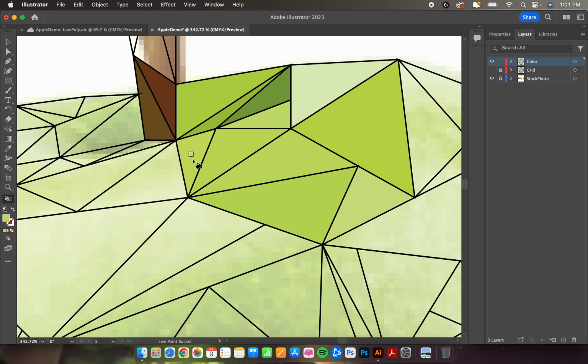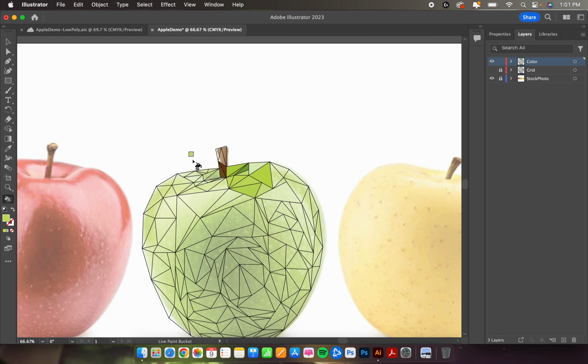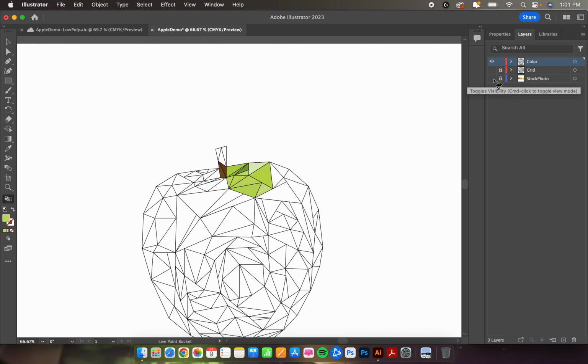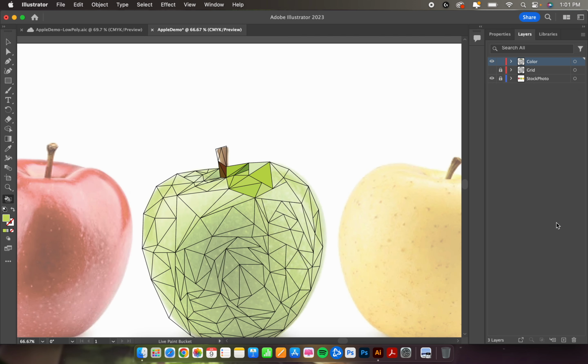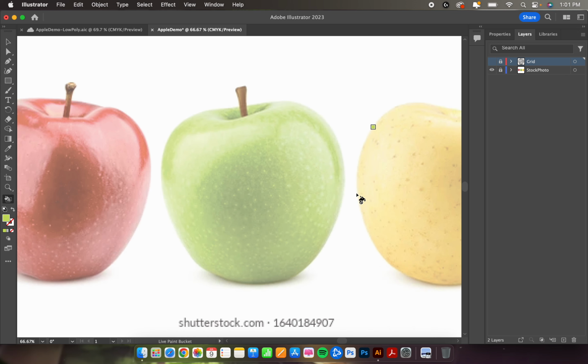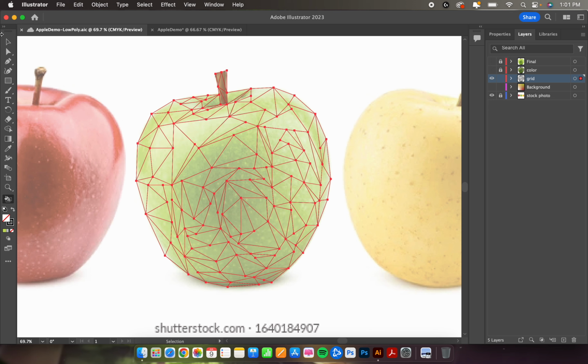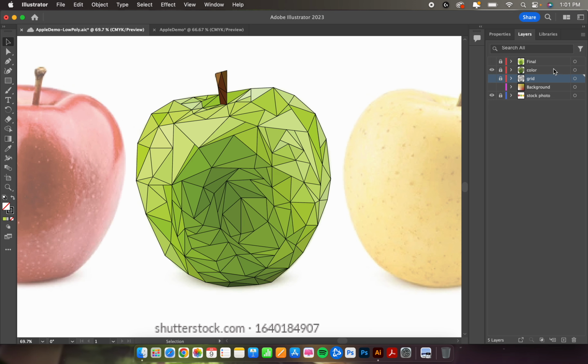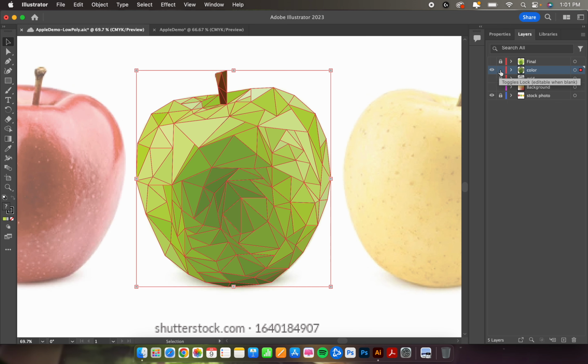So I click, K click, or I trackpad, K trackpad. Let me hide the photo, and you'll start to see that you're coloring your apple. I'm going to delete this layer here real quick, just for the sake of the demo, because we're going to finish this video off. Let me go back into my other one, my finished example, and we are going to